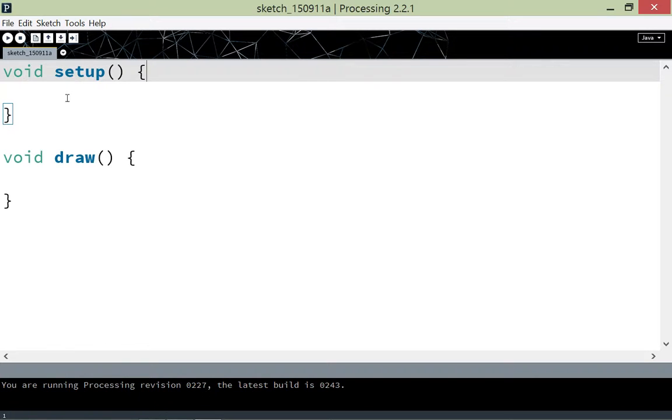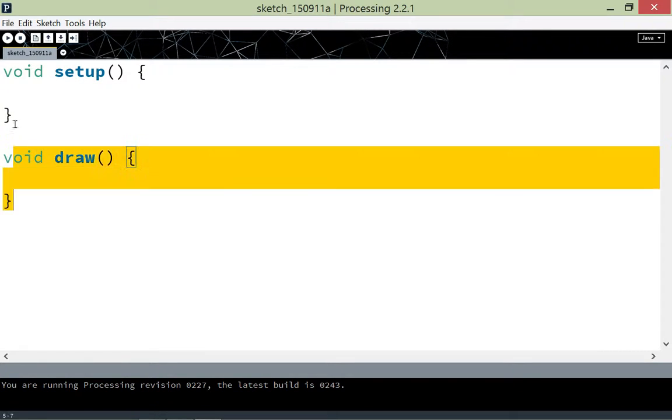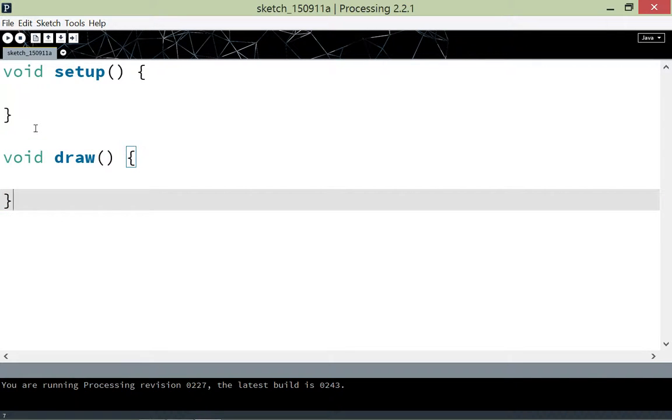The draw, void draw here, is the commands that actually will happen while your program is running. And as you can tell by the name draw, this is where we're going to put all of our drawing commands. So we're going to learn about some of those commands in a second. So let's see if we did it right. I'm going to type our first